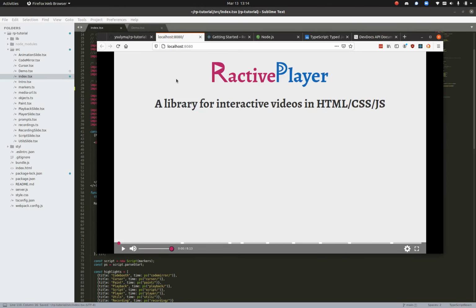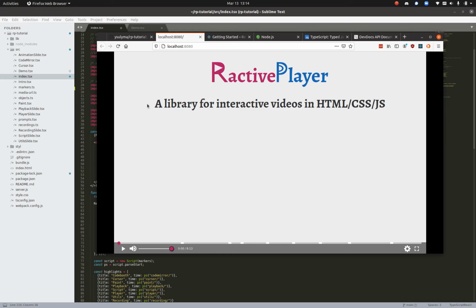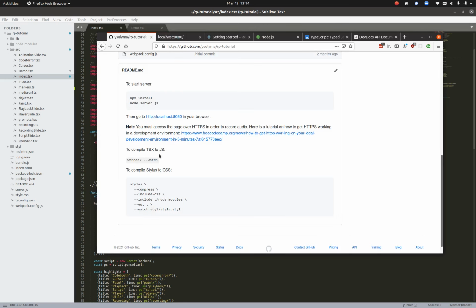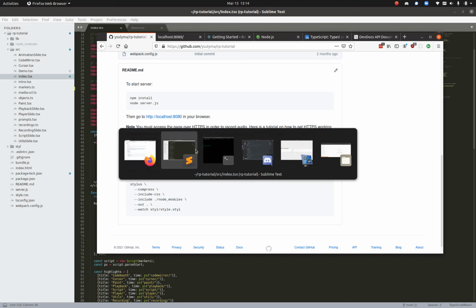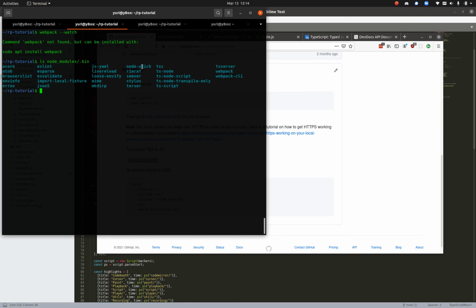Okay, so when we make changes to the TypeScript, here's where we are going to use the other two windows. We have one console window running the server. So to compile our TypeScript changes, we'll run webpack. Oh, maybe I do. Do I not have webpack? Okay, so